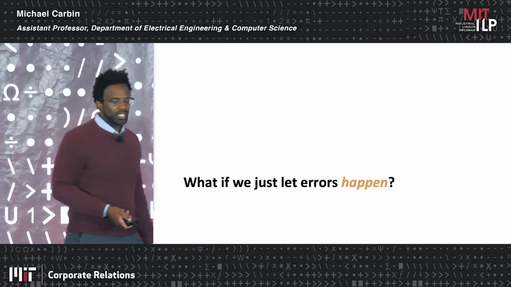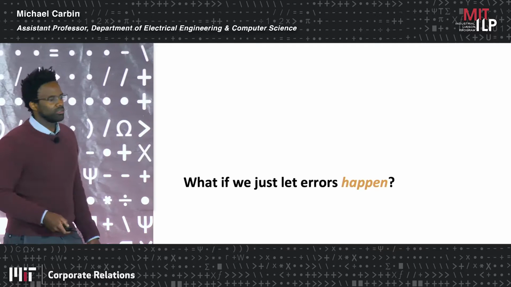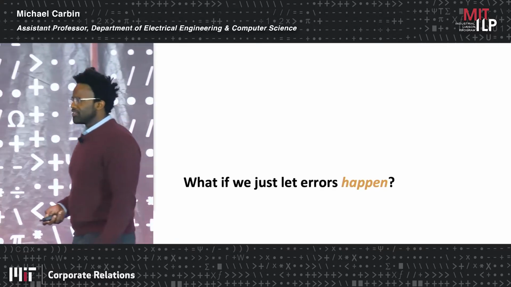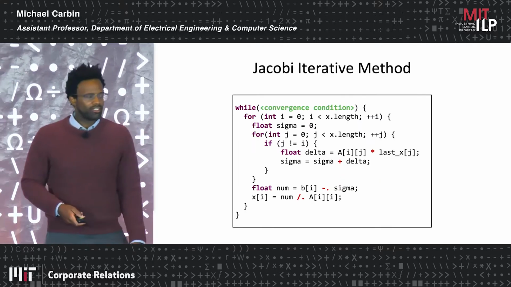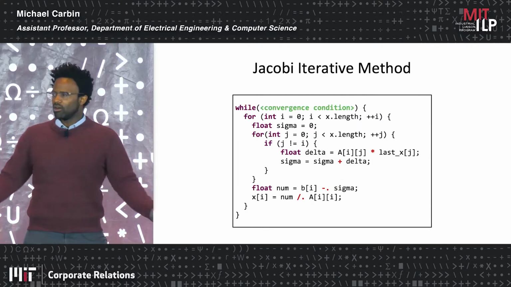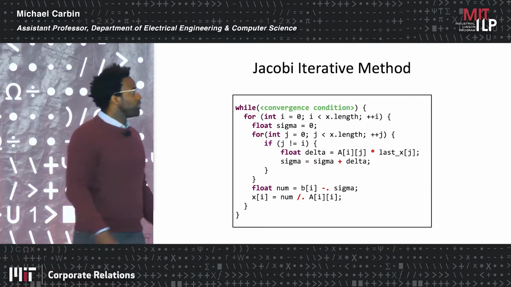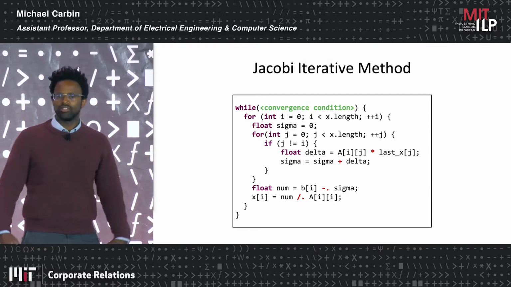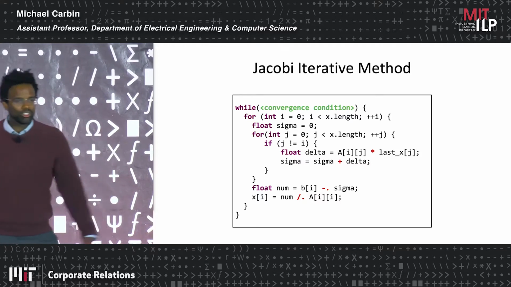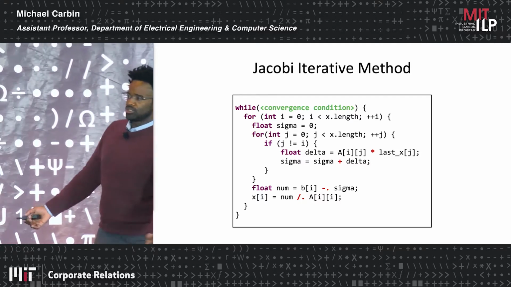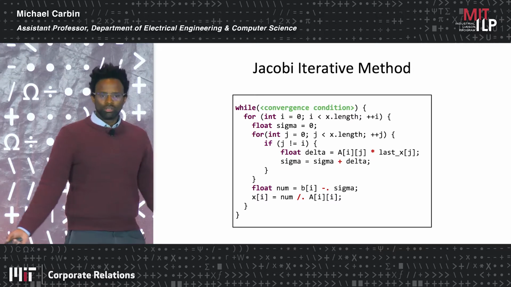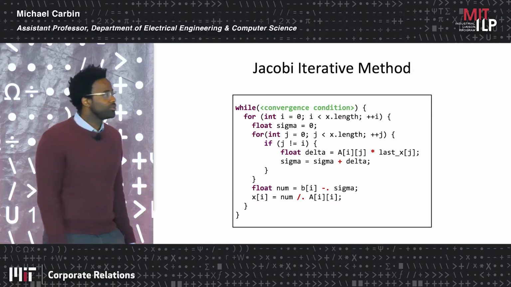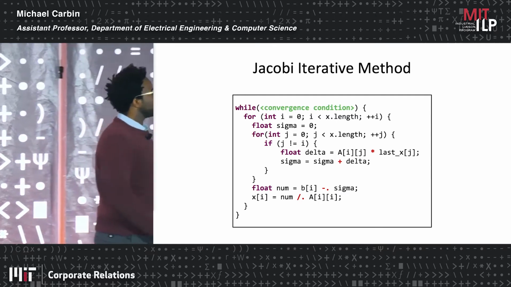And in fact, let's look at this type of phenomenon. What happens if we do let errors happen? The example I want to give here is the following. I've got some code here. You don't at all need to understand this code. But what this code does is implement a very simple method for solving systems of linear equations. Much more sophisticated versions of this would be used in large numerical simulations, computational chemistry, physics, and variants of this may be used inside of machine learning as well.